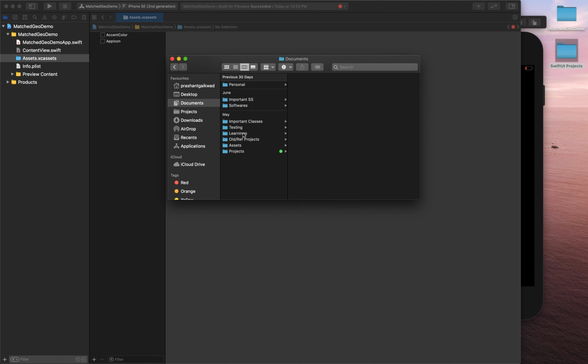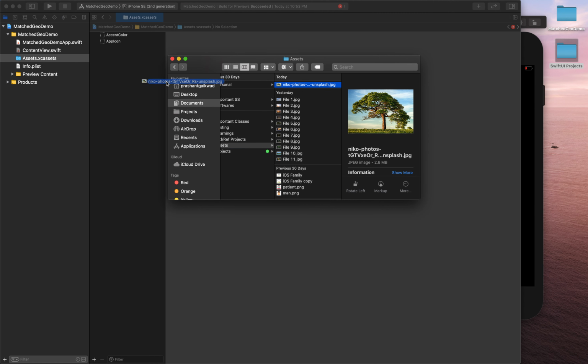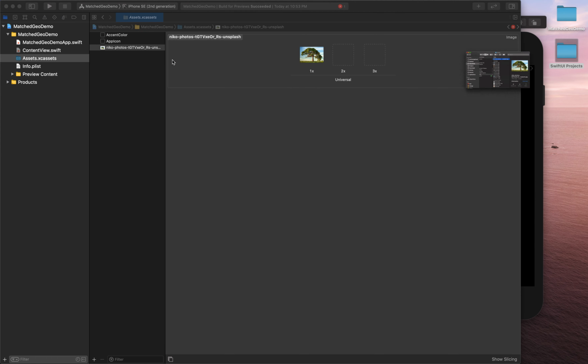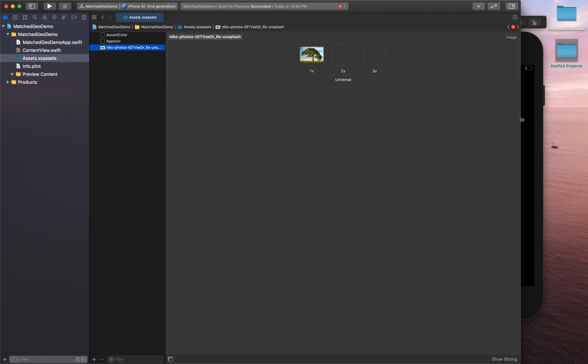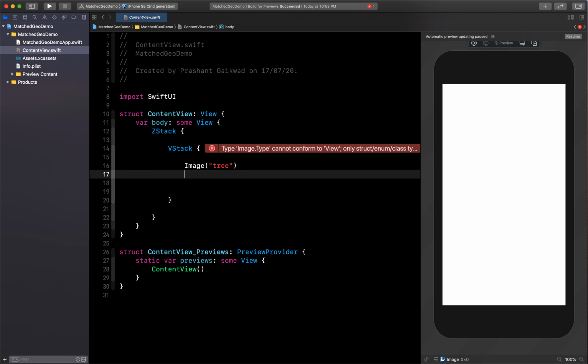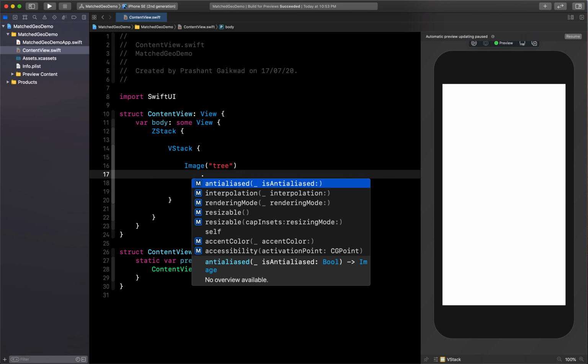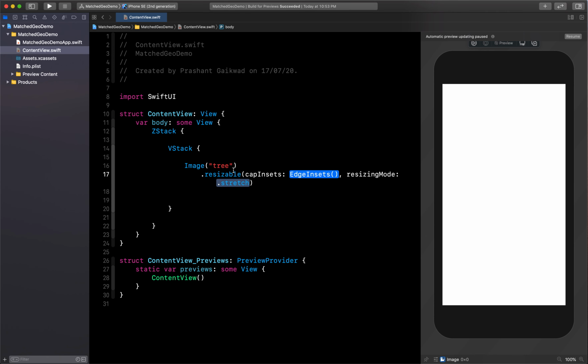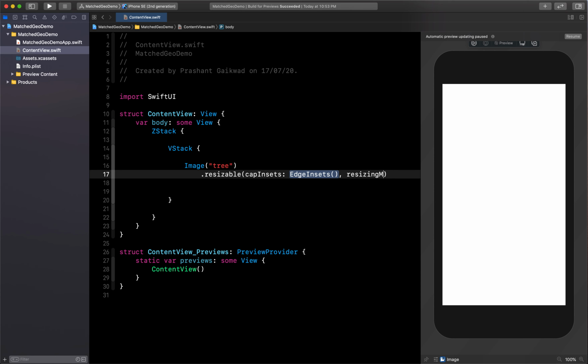Inside documents, if I go to assets, here is the image, let's add that. Okay, let's rename it to tree, and now we can just resize it here. We don't need this, so we can remove it.